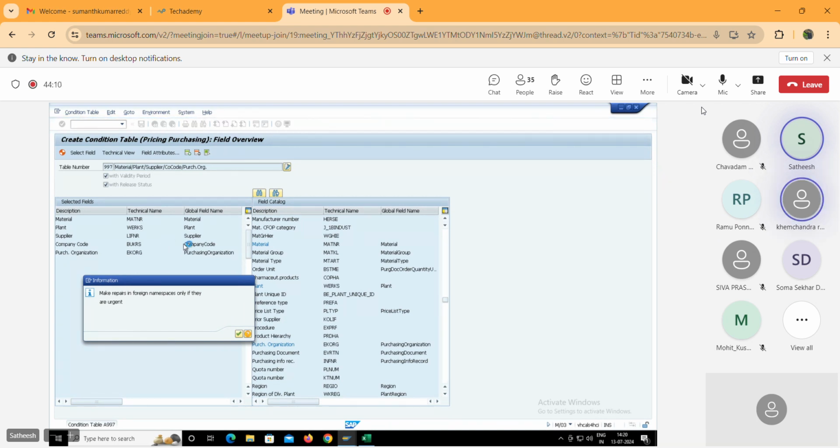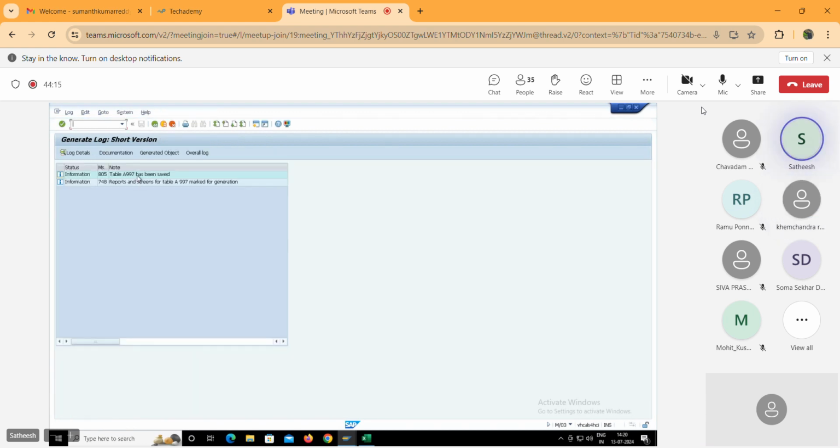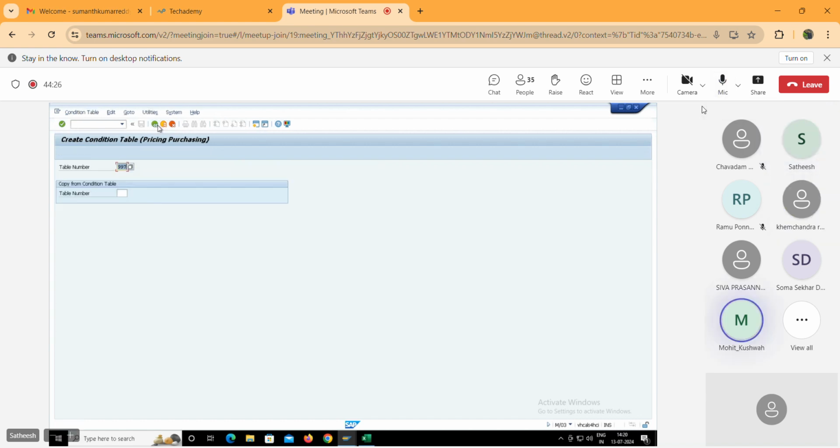I will get a message. See, I'm creating a condition table called 997, and the message is saying that table A997 got created. See, it is marked for generation. Clear? Yes, sir. 997 got created. Now,